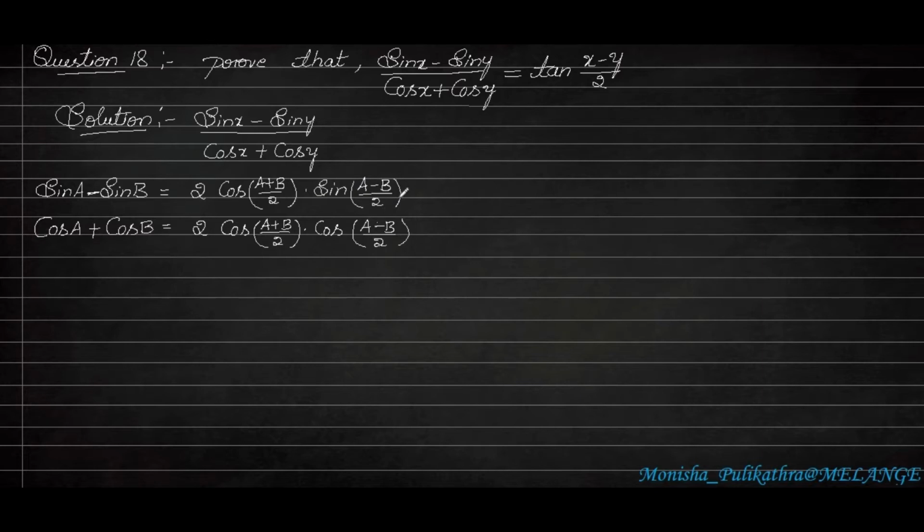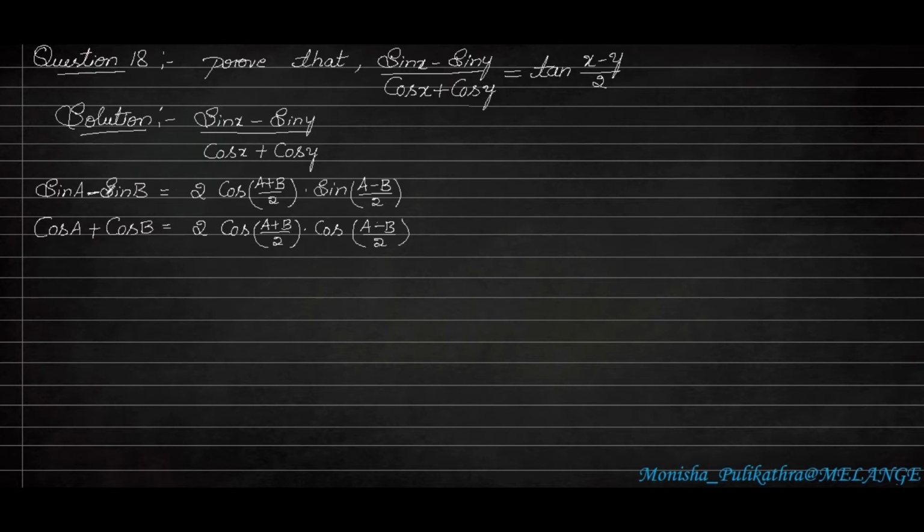So you have to memorize each and every formula which comes under this chapter. If sin A plus sin B comes, if the plus symbol is there, then first we have to write sin and next we have to write cos. If sin A minus sin B comes, then first we have to write cos and next we have to write sin. In the same way, if cos A plus cos B comes, then both the terms will be cos itself. If cos A minus cos B comes, then both the terms will be sin with the negative sign. So this is the formula for it.